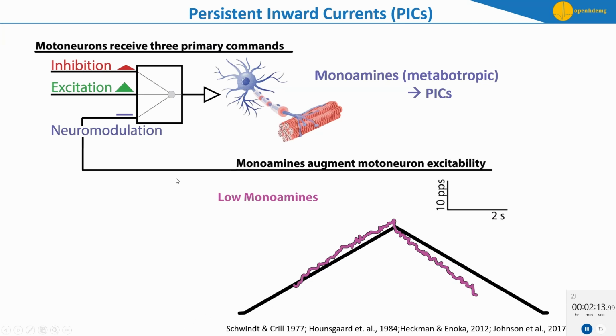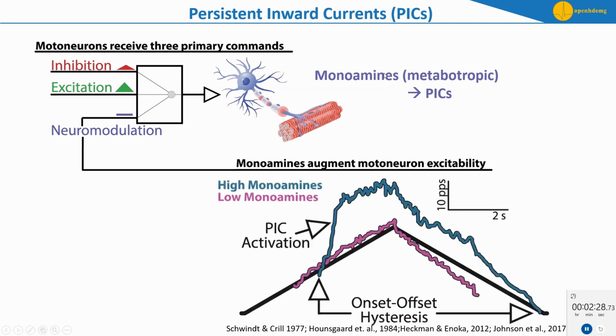You can think of this black ramp as the excitatory input. And what you can see is that under low levels of monoamines here in pink, the discharge of this motor neuron is quite linear and tracks this input very well. Whereas under higher levels of monoamines, again, monoamines make these persistent inward currents larger, these PICs introduce nonlinearities, where you have an amplification here at the onset,